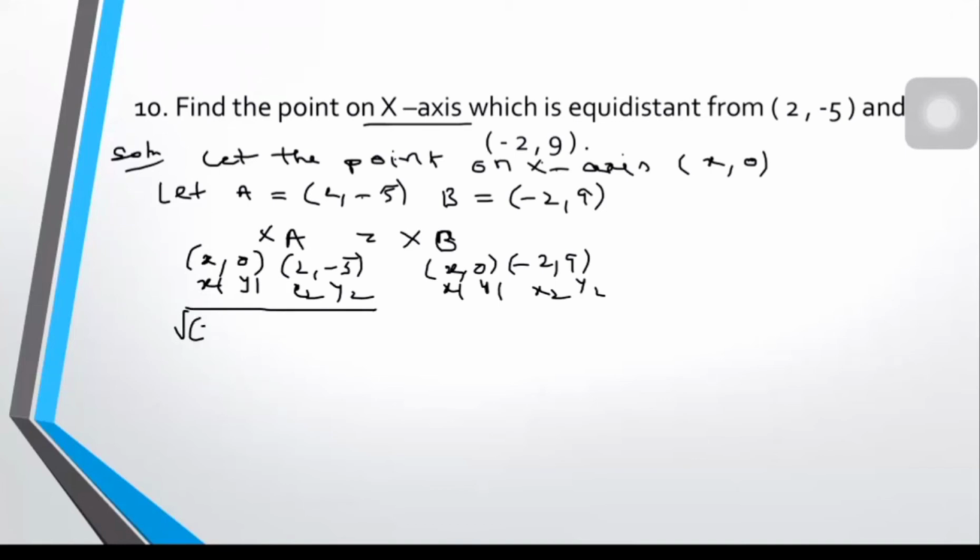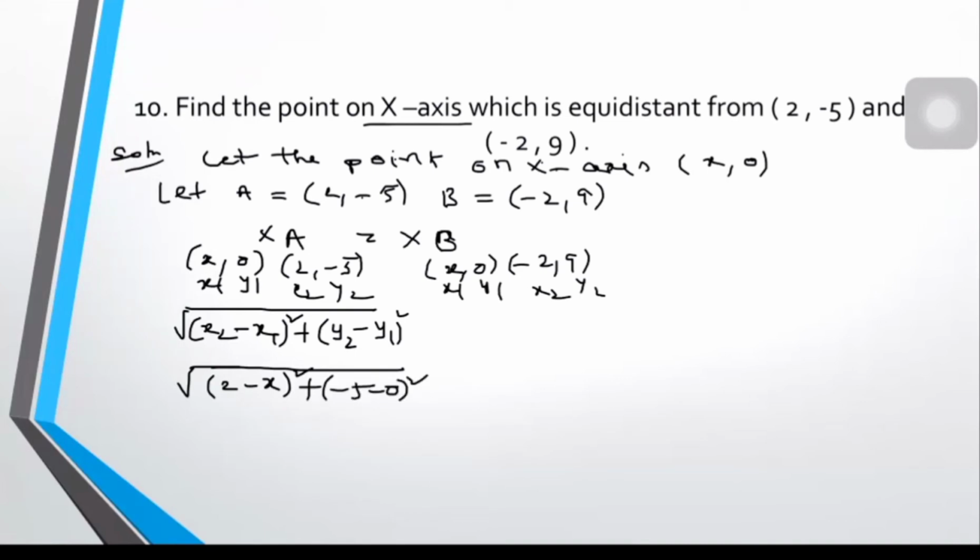For XA, x2 is 2, x1 is x, y2 is -5, y1 is 0, so (2 minus x) whole square plus (-5 minus 0) whole square is equal to,